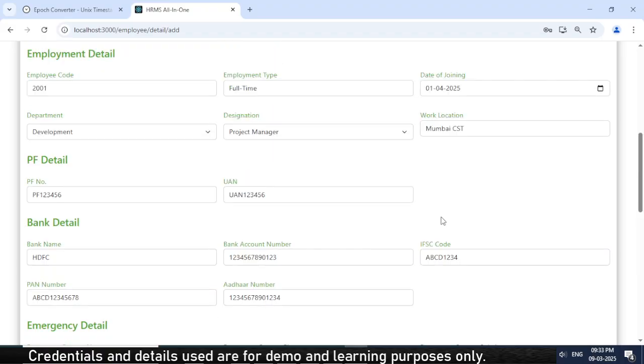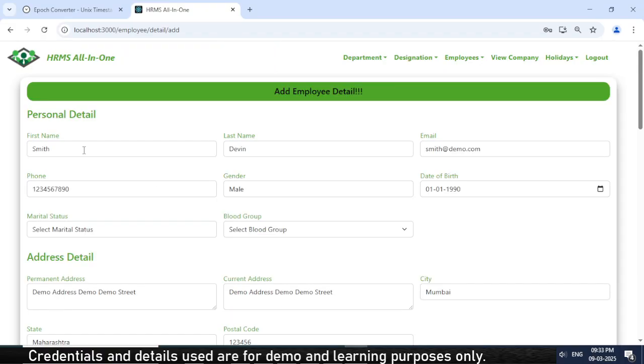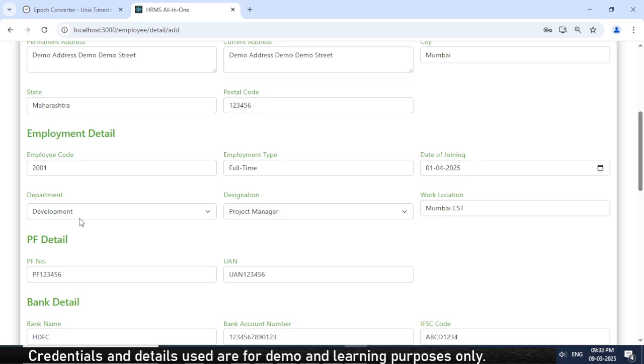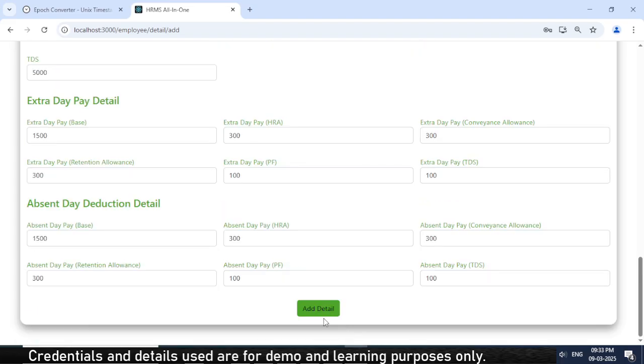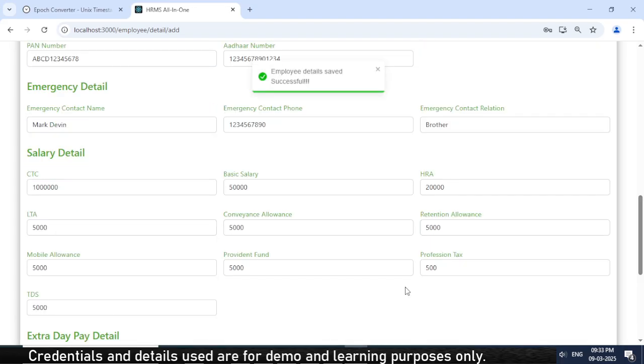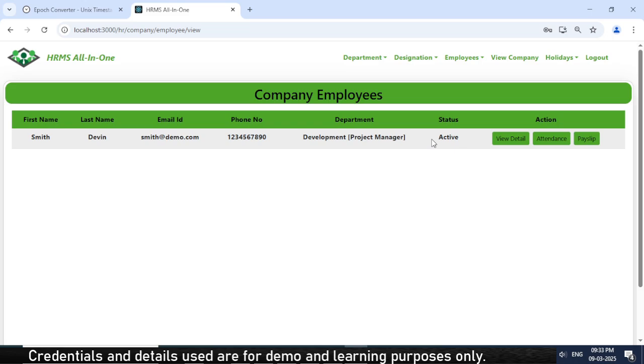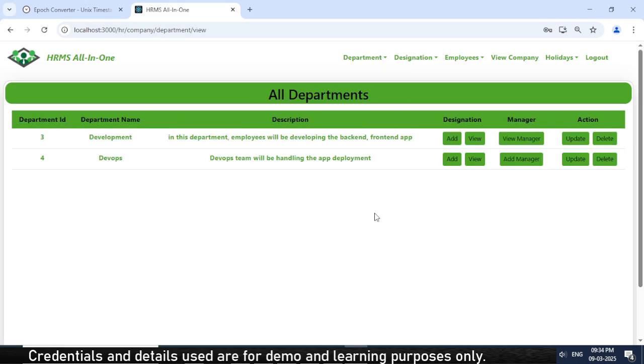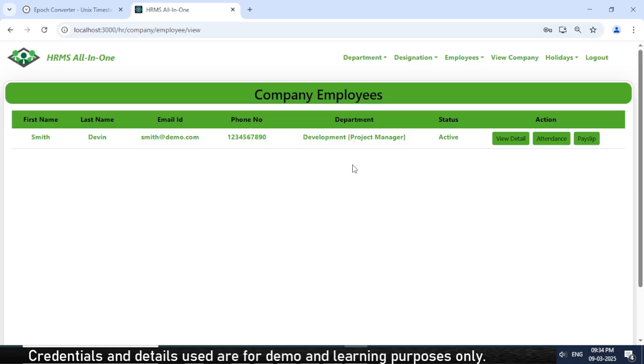Okay, so I have added the detail for this Smith Devin, who will be the project manager of this department, development. Now let's add the detail. Employee details saved successfully. And now if I go to the department, view department, in case of the development department, we are able to see the view manager detail. And for the DevOps, since we have not added the manager, that's why we are getting the add manager option. So I'll go to the employee, view employees, and here